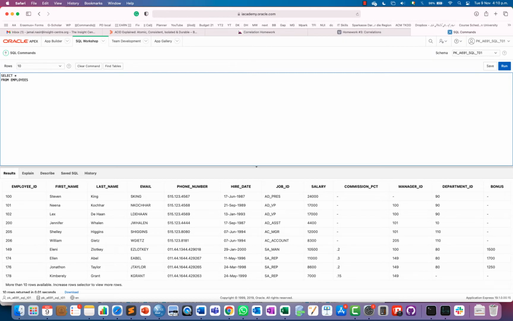For example, salary, as we discussed. And even if we want to check what happens if we increase salary by 10%, then salary times 1.1, for example, and maybe we can print employee ID as well.